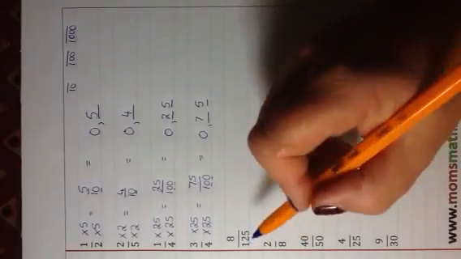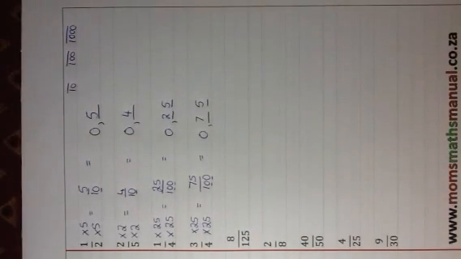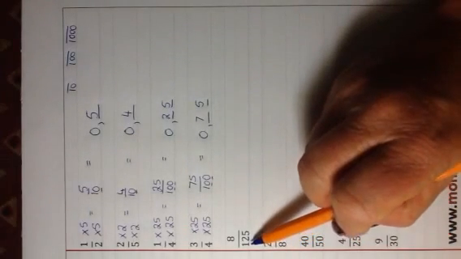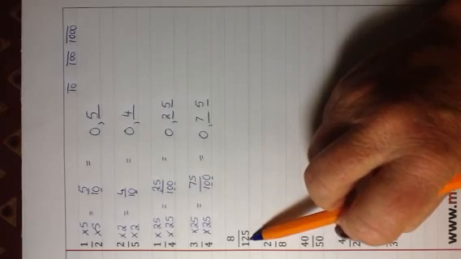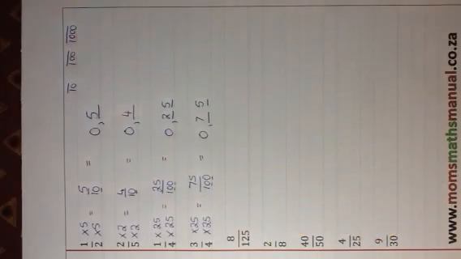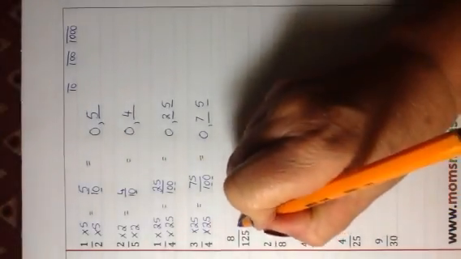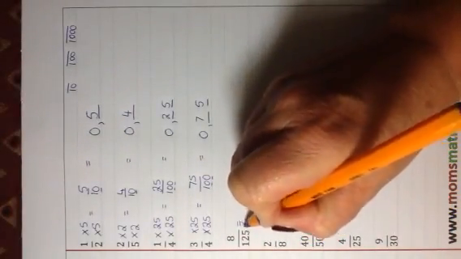8 over 125. This one's not that commonly used in grade 5 or grade 6, but it does show its head every once in a while, and I would suggest you learn it off by heart. Logic tells you it's not going to work to 10, and it's certainly not going to work to 100. So the only other one that's left is 1,000. And 125 multiplied by 8,